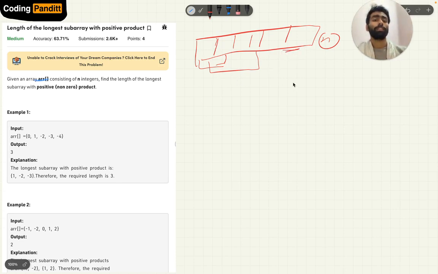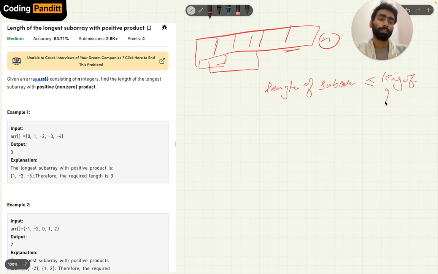The length of a subarray is always less than or equal to the length of the given array.